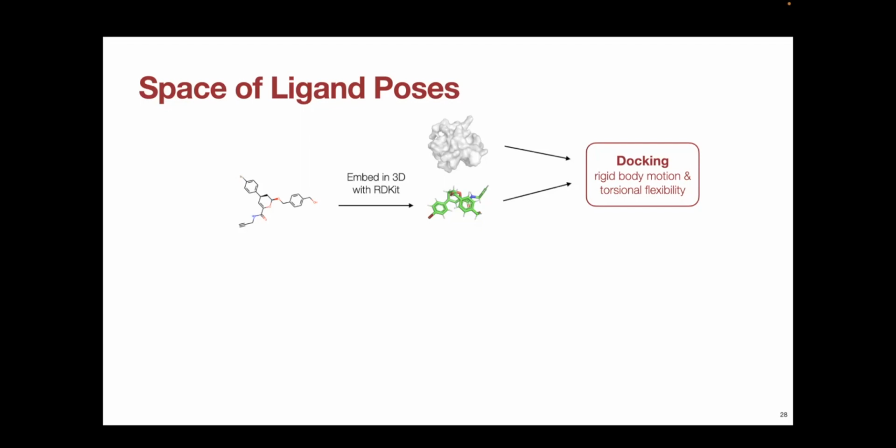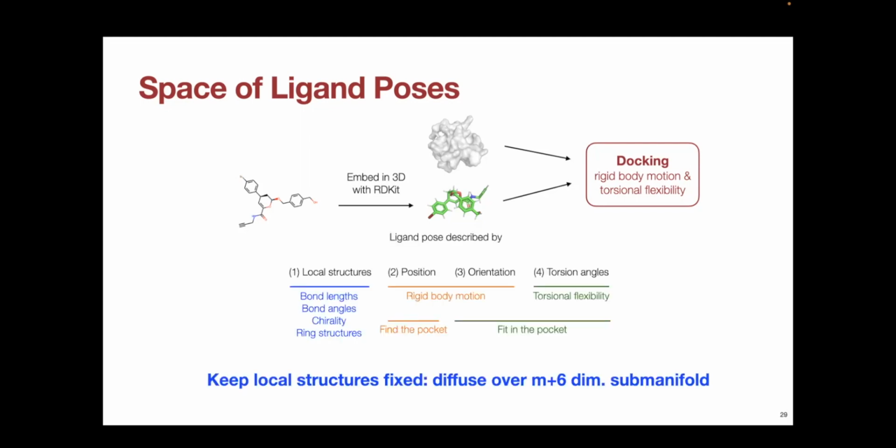So what we're going to take away from this paradigm is that the space of ligand poses is actually this non-Euclidean manifold that is described by the space of poses accessible by twisting these torsion angles and moving around the ligand. So this is going to be the space of ligand poses that takes the place of that 2D toy Gaussian example that we saw on the previous slide when it comes to thinking about diffusion models.